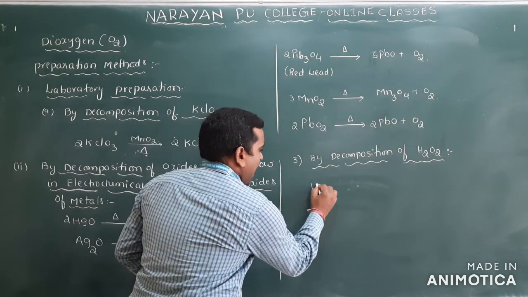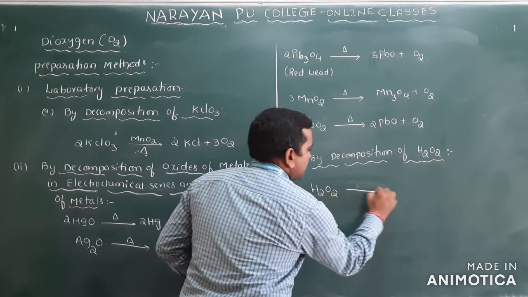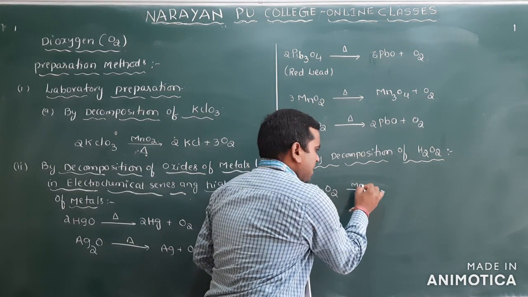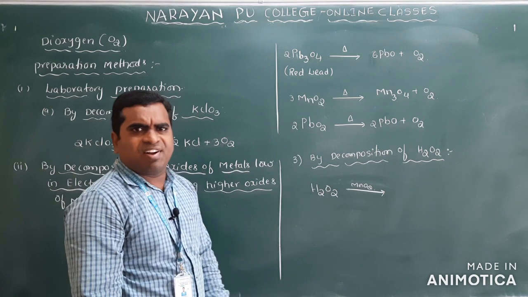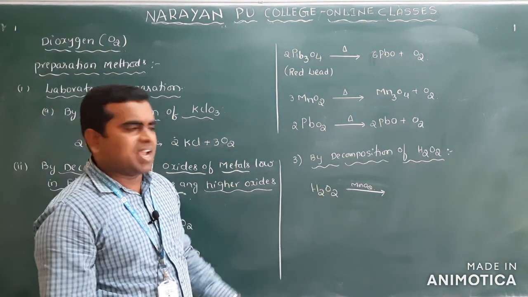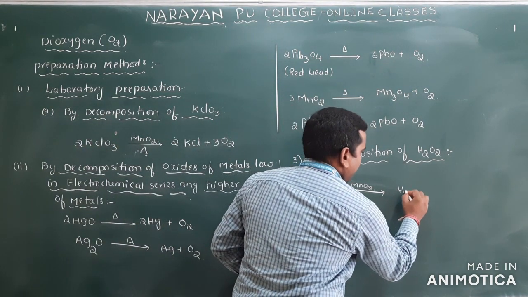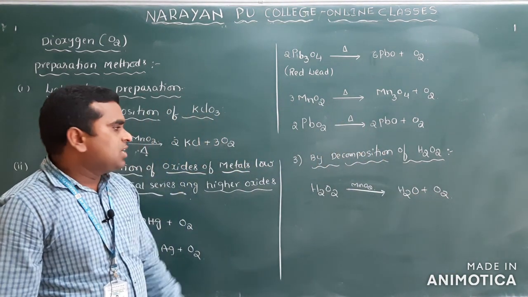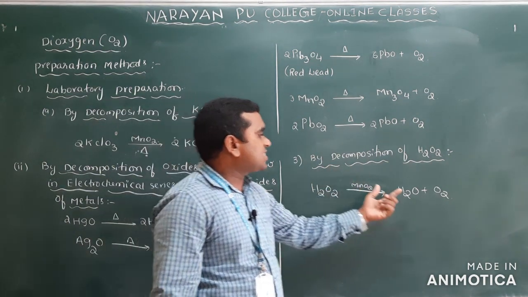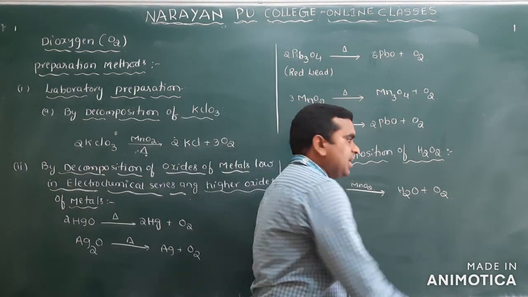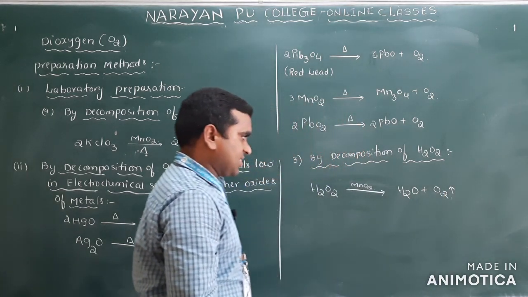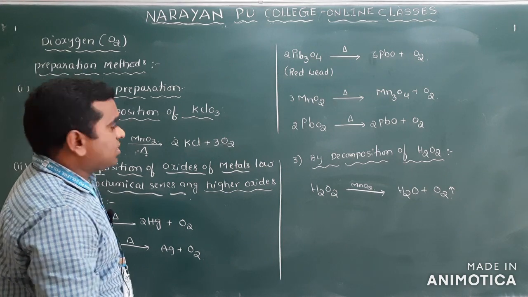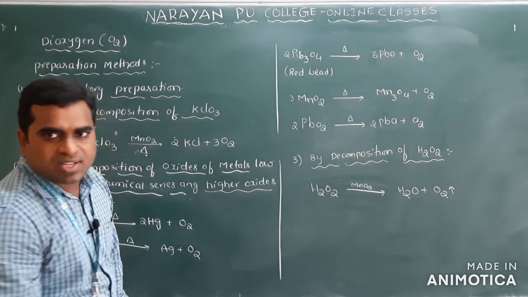Clear? So that's why. And if it undergoes decomposition, you can put some catalyst here, MnO2 sometimes, or finely divided metals can be used as a catalyst for this reaction, then hydrogen peroxide will be dissociated into H2O plus oxygen. So whenever hydrogen peroxide decomposes, it gives the water molecule and oxygen gas. Okay? So these are three preparations for oxygen, and two more are there, and we will discuss that.